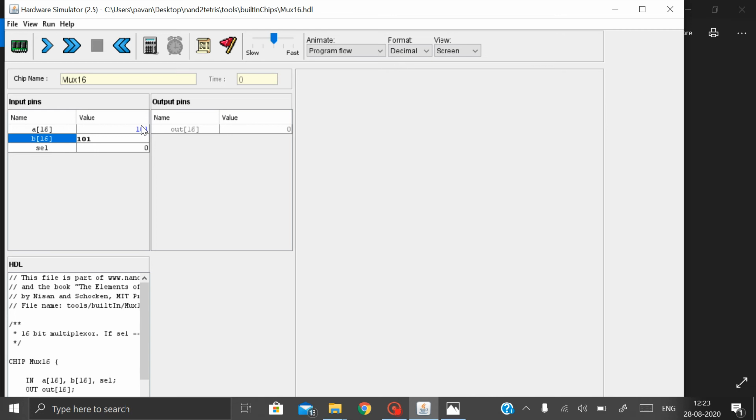You can give 10101 also, it takes it, because it is a 16-bit number. Mux 16 is a 16-bit multiplexer, nothing else. Don't think about what Mux 16 is. You can check here the output as 101.